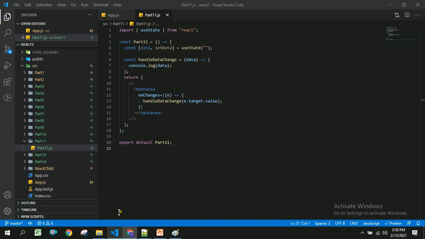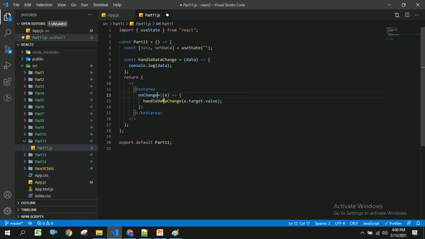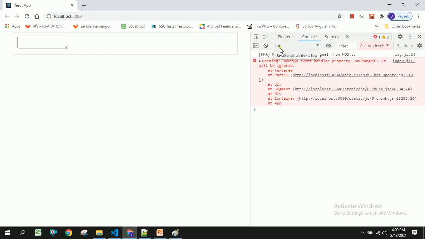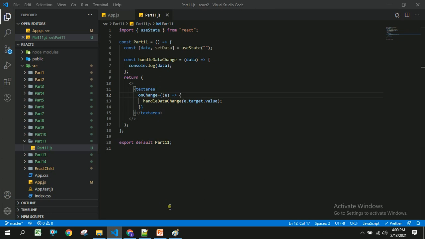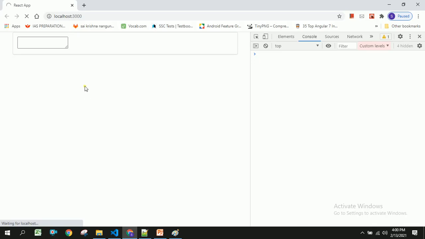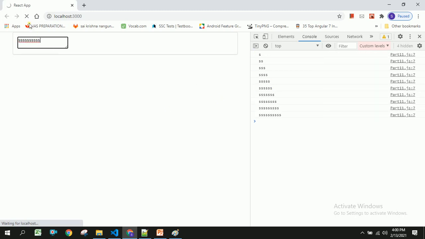But before that, here we have written onChanges, so that is the reason we are not able to get the data entered by the user. So I am going to remove this and place it as onChange. Let us see whether we are able to get that or not. You can see here we are able to get the data entered by the user.